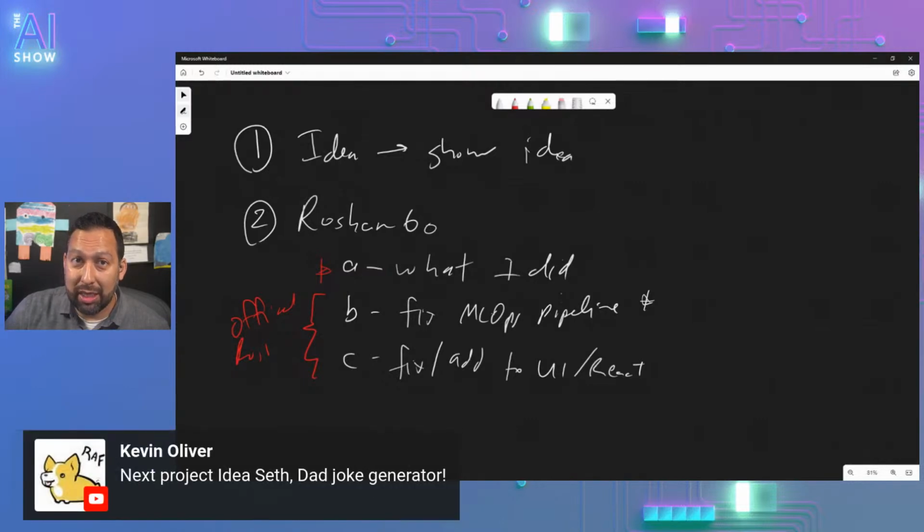Next project idea, dad joke generation. Ooh, we might be able to do that, actually. Because at Microsoft Build, we built a content copy generator in the style of Homer. Not Simpsons, Homer of the Iliad. And so that's what we did. We could do that, actually, using a language model. I'd love to do that. Let's add that.